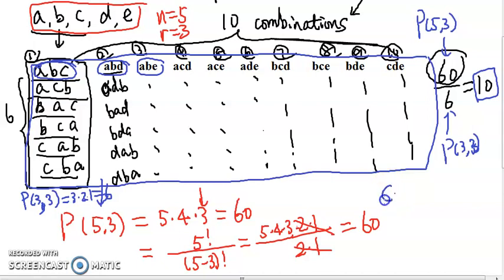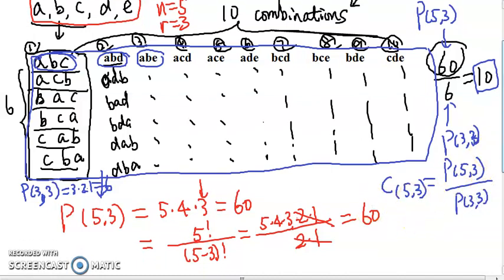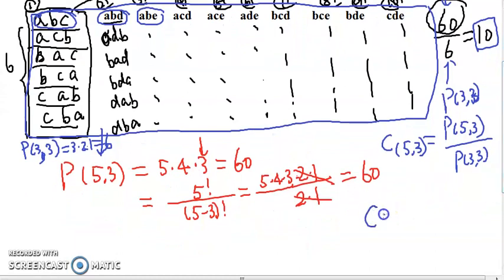So if I want to find this combination of 5 choose 3, that's the symbol. It's very similar to the permutation symbol. We just change the first letter P to C. And we can see the formula is P53 divided by P33. So that's the formula. In general, if I have C n choose r, following the pattern here, the top